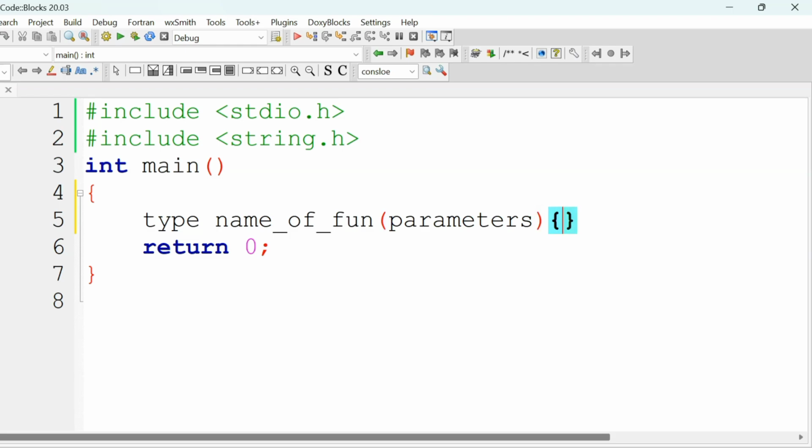And after this there is a pair of curly braces, starting and ending. This will enclose the body of the function.